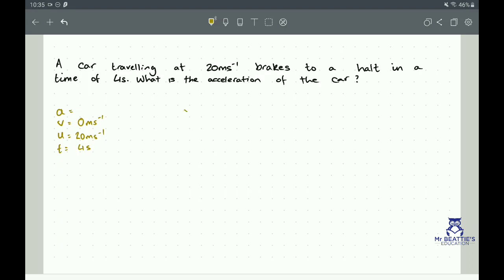Okay, so we write down our equation. A equals v minus u over t. And so a is going to be equal to 0 take away 20 divided by 4. So it's minus 20 over 4, which is going to be minus 5 meters per second squared. Why is it minus? Some of you might have already twigged why it's minus, but in this case, a minus acceleration